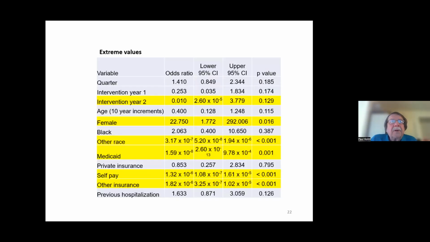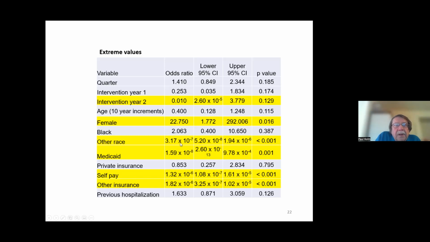So one other thing that I want to point out about logistic regression is, if you do logistic regression yourself, or you're reading research studies, one of the things that you want to look for and be suspicious of is extreme values. By that, I mean either odds ratios that are unusually large, or lower and upper confidence intervals here that are really either really large or really small. And so you can see I have some examples here